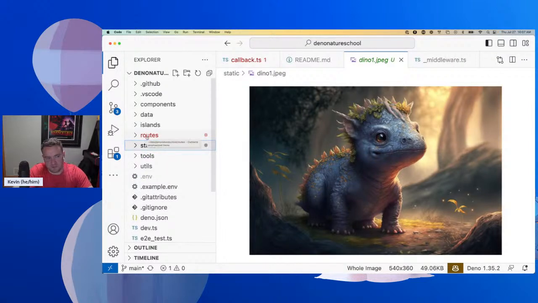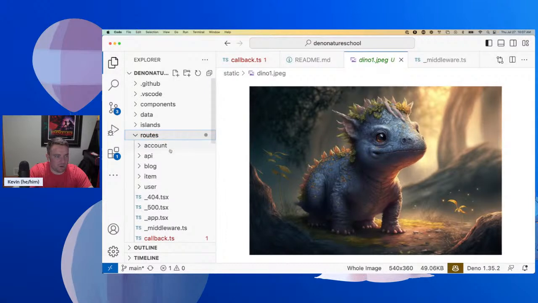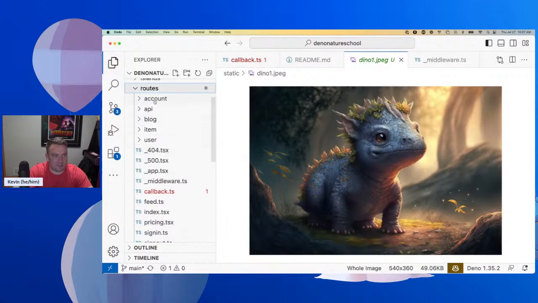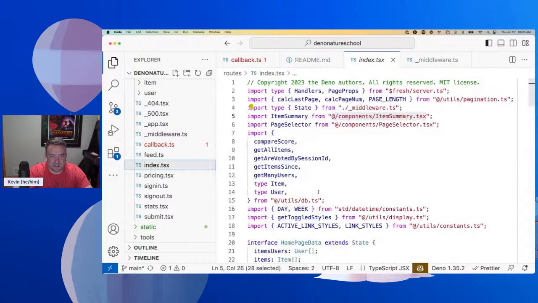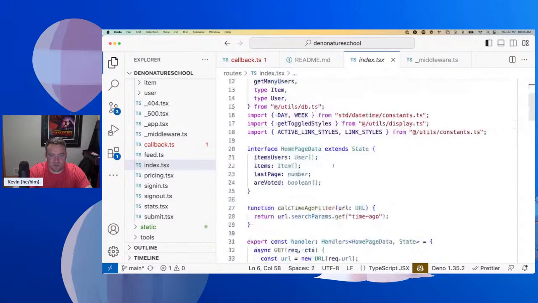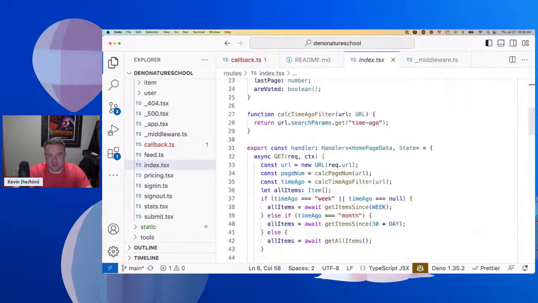There is a file server that's built into Fresh, but within our routes folder here, this is where we add the interactivity or define the different routes in our site and figure out what's actually sent to the client. So if we go to index.tsx, this is going to be the file that's actually used to display our homepage. Today it's got quite a lot in there that we don't need because it's using the product hunt demo. So we're actually going to end up deleting a lot of this stuff,